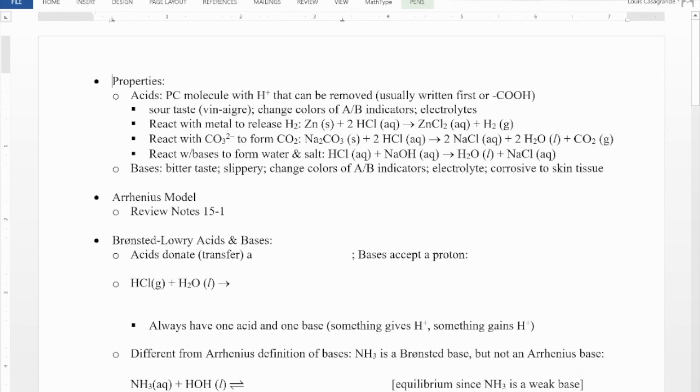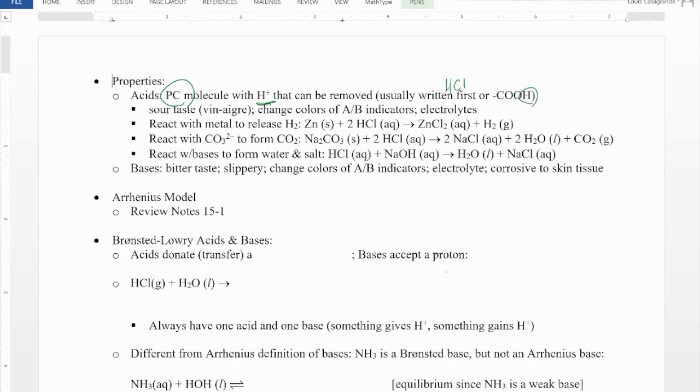As we talked about the other day, acids are going to be polar covalent molecules, and they're going to have that H plus, that hydrogen ion that can be removed. And it's usually written first, as in, say, HCl, or you can write it at the end. And we saw that with acetic acid, CH3COOH, and that's far from the only one that does it. There's a whole family of those acids, and we'll see more about them in the next lesson on strong and